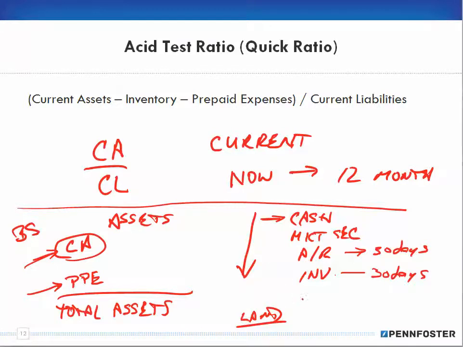Okay, and of course then we have prepaid expenses, and your prepaid expenses would be things like your prepaid advertising, your prepaid rent, things that you pay in advance. Like if I'm prepaying my rent for the entire year, let's say my rent is $1,000 a month, well, I'm sending them a check for $1,000. Granted, if I said, I'm leaving and I want that money back, well, there are legal agreements and things like that that have to be considered,